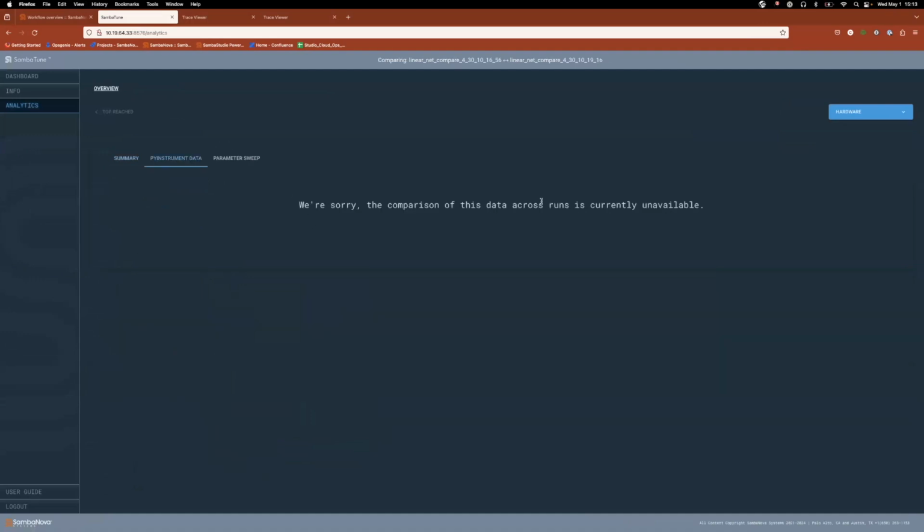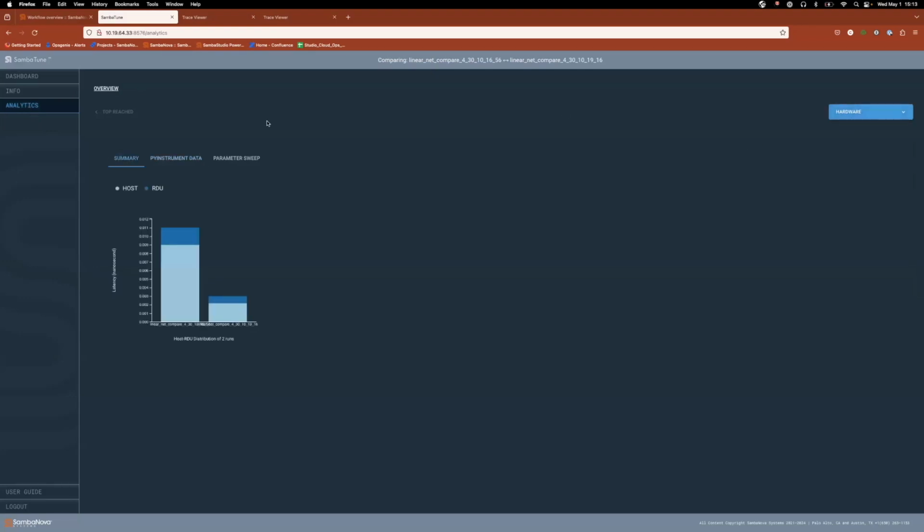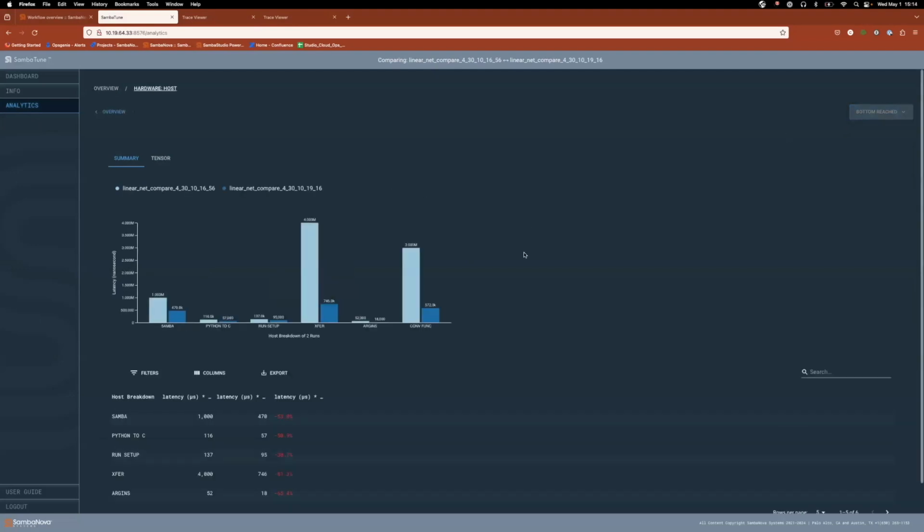One thing here, if you're doing a compare, you can't bring up your Pi instrument data because they can't overlay those two on a compare. All right, let's go back to our summary. Let's go down to the host. Here you can see